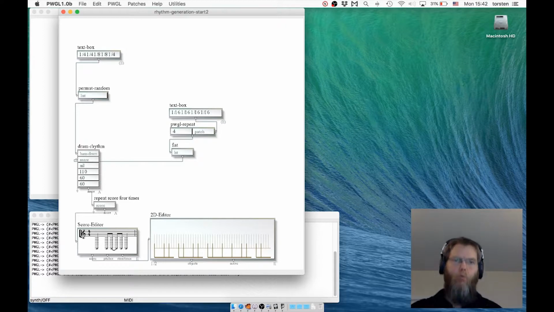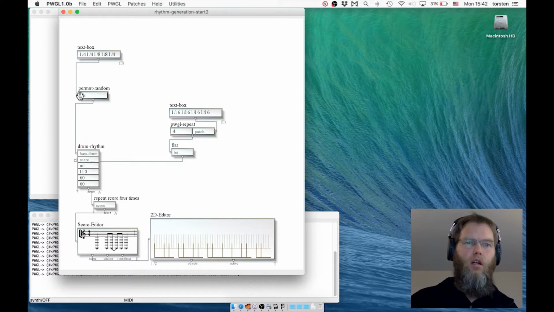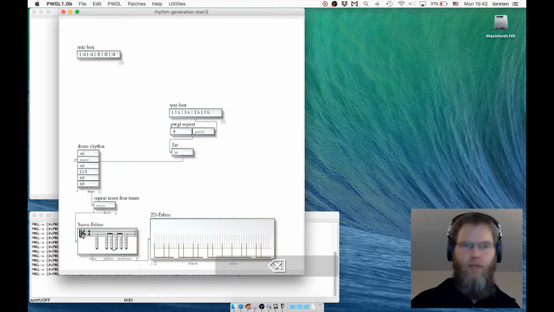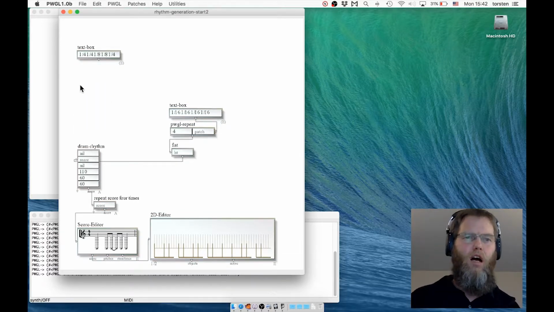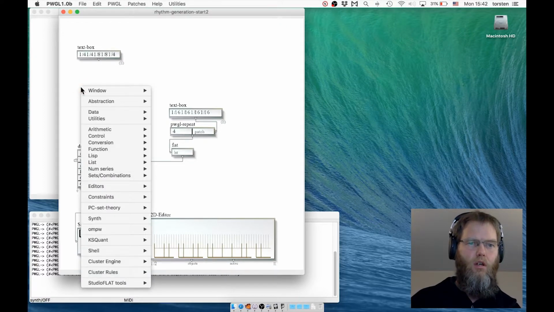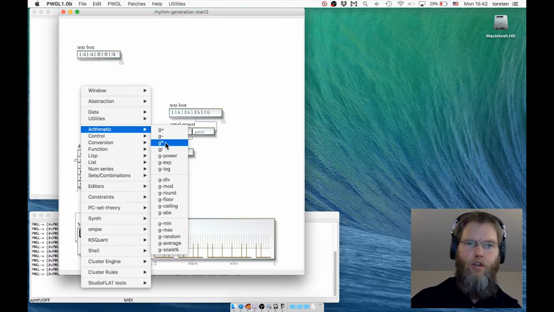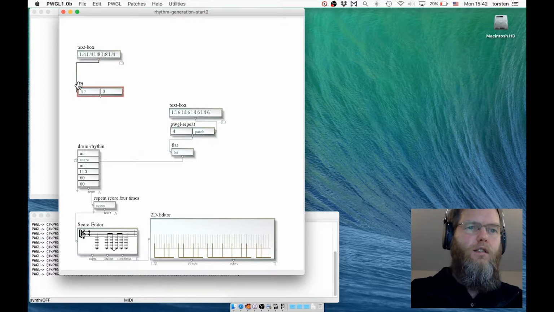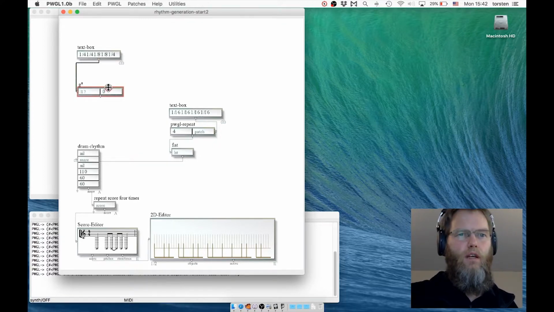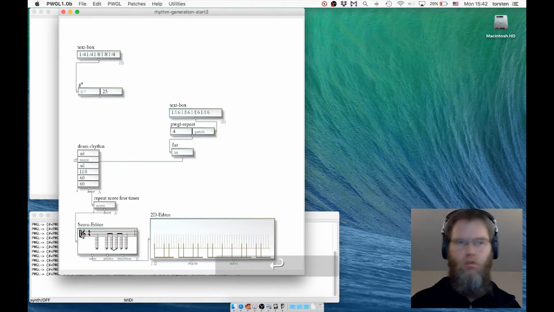So far, we hardly changed those inputs. We changed them once when we were quantizing, but how about we are stretching or shrinking our rhythmic values? For that, I use now the arithmetic box, and you may remember from previous tutorials that those arithmetic boxes are smart enough that they can handle lists. So if I put in here 2,